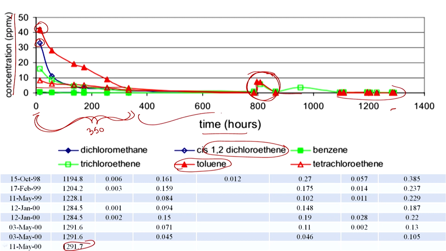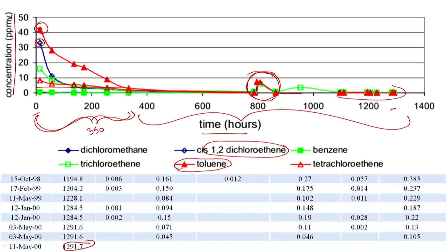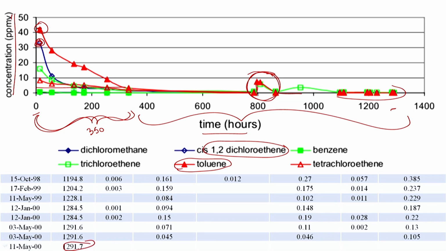You see that they had to keep running the system for a considerable amount of time. The same case with 1,2-DCE. We are starting around 32 or something, and within maybe 175 or 180 hours we are almost achieving 80% removal, but you need to keep pumping because the lower you go, again keep in mind because of the effects of equilibrium, you are still going to have to pump a lot of volume of air. That is something that you see out here.